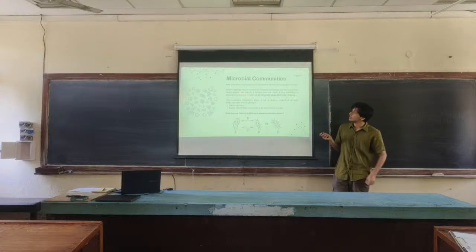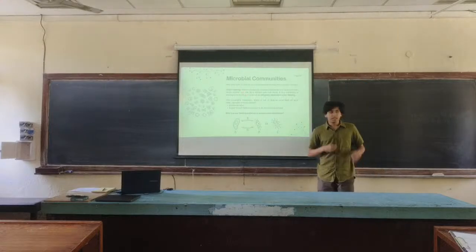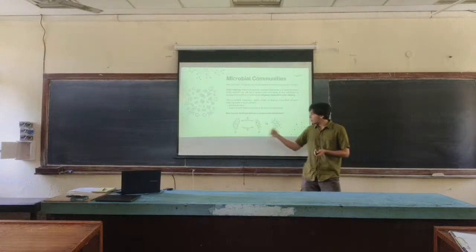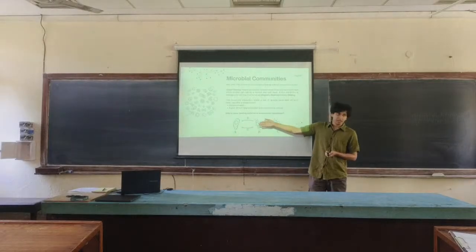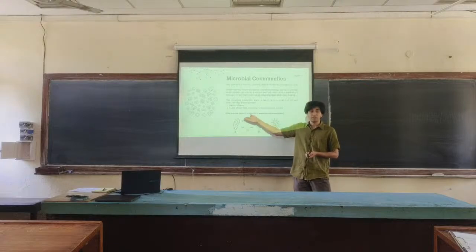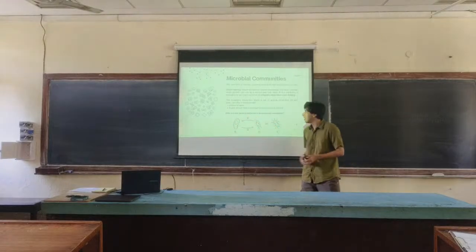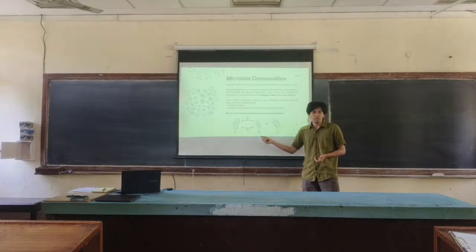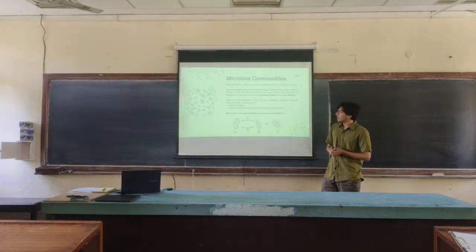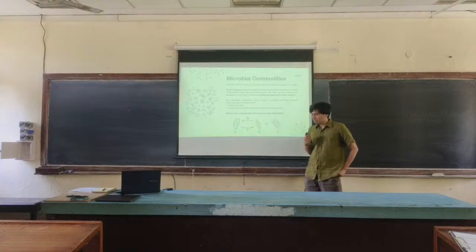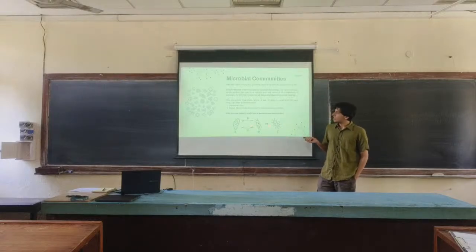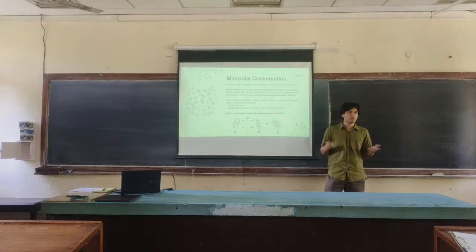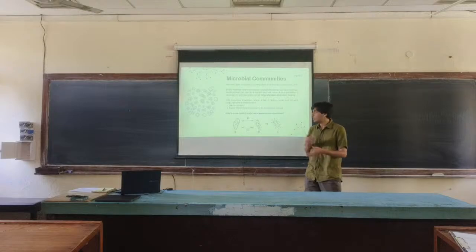And one of these is something called cross-feeding, where essentially one species requires a metabolite from another. So say A produces a metabolite alpha, which B requires for survival, and then B produces a metabolite beta, which A requires for survival. And if either of these is not in the presence of the other, neither of them can survive. So essentially the question that they are trying to answer in this paper is why is this cross-feeding so evidently preferred over just having an autonomous cell which can produce all the necessary biomass precursors in order for